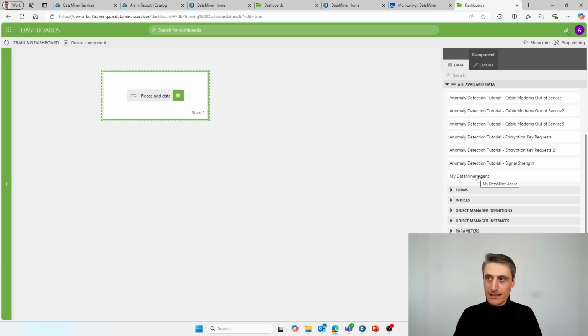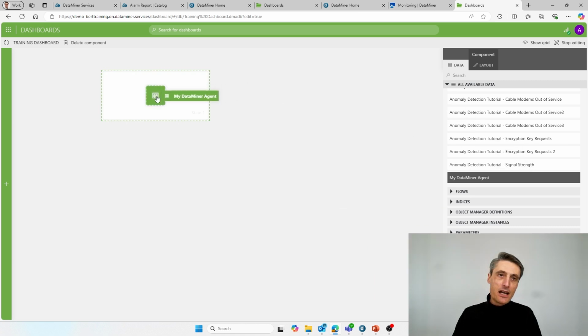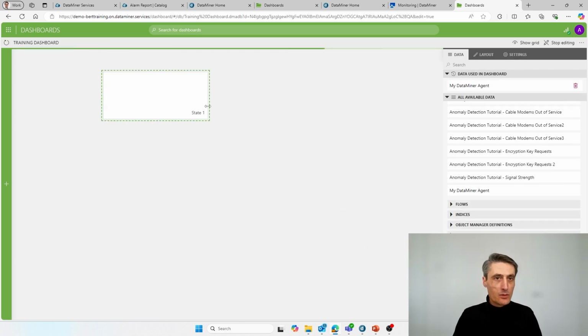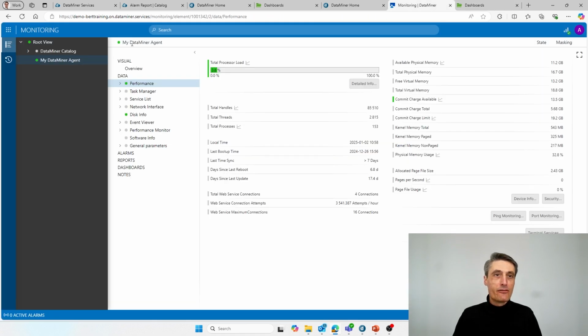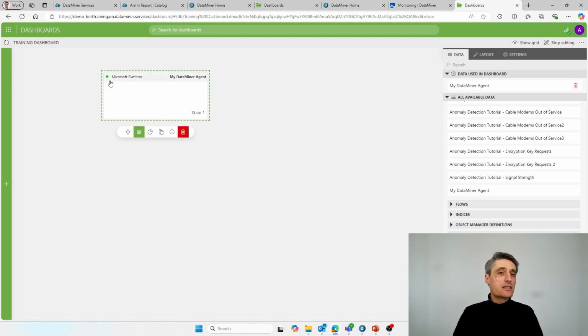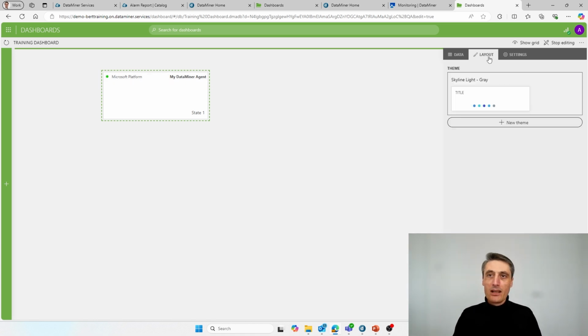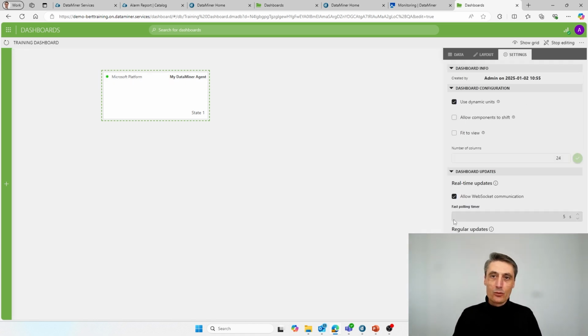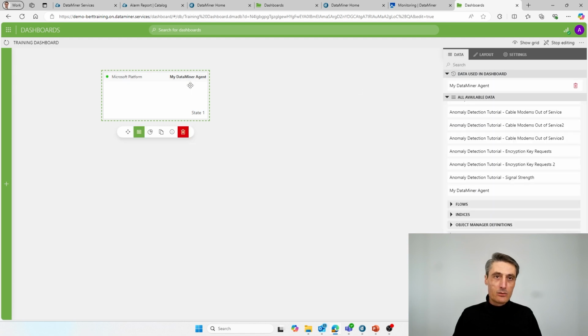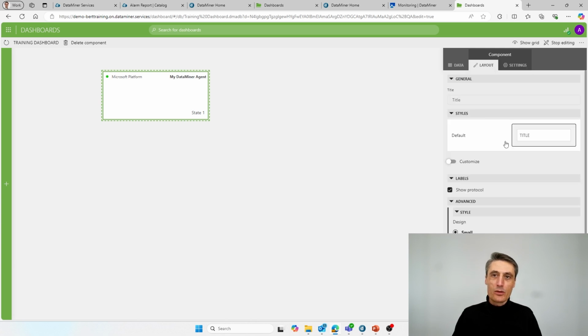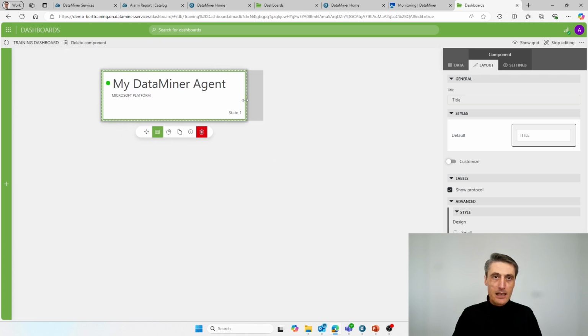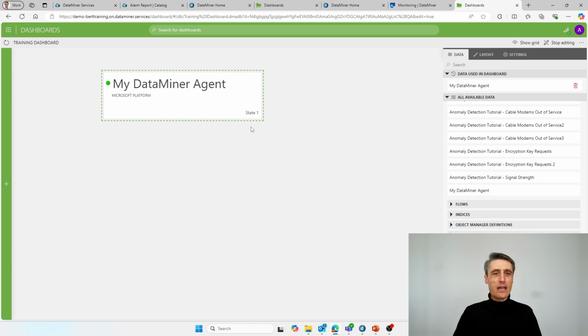So I'm just going to take my DataMiner agent and I drop it on there. And it will just show you Microsoft Platform, my DataMiner agent, which is the name of my element, that you can see there. And it's currently in a green state. There are more layout settings here to give you a little bit more details about the selected item. You need to select the component, and then choose the layout or some more things like large or small design, for instance. Let's make it a little bit bigger, like this, for instance. Okay, so